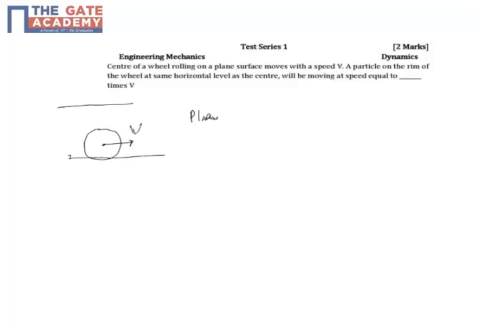decoupled. Plane motion can be decoupled into translation plus rotation. So this can be viewed as translation and rotation. So what it means is,